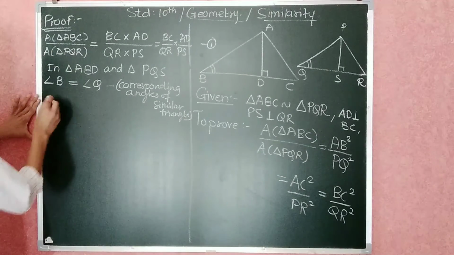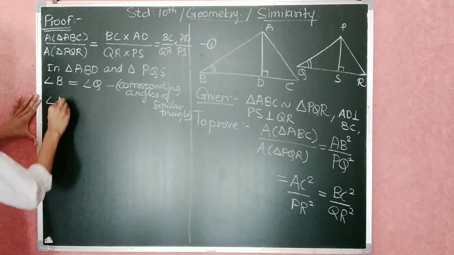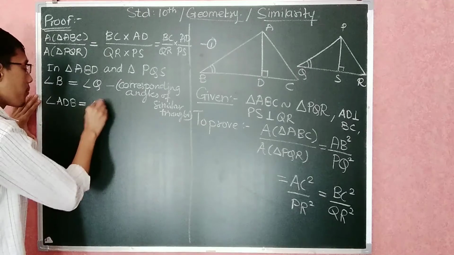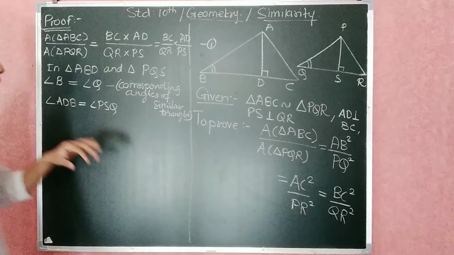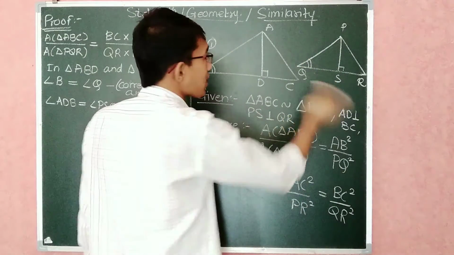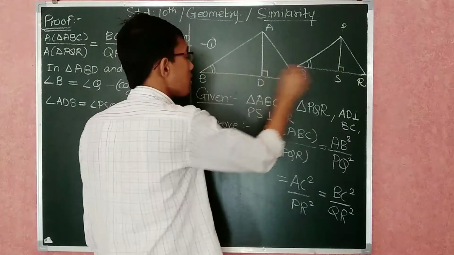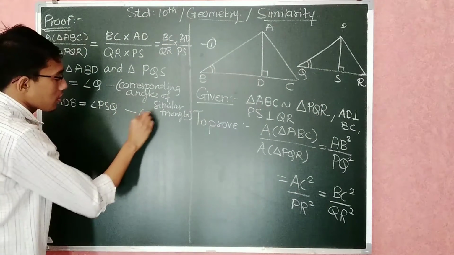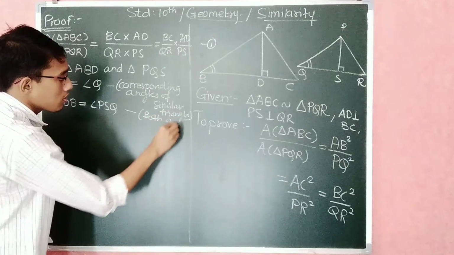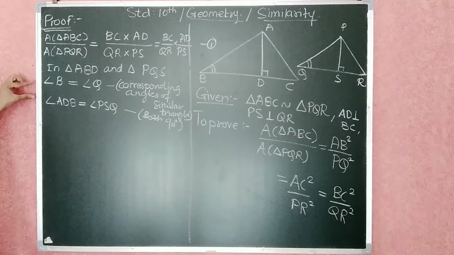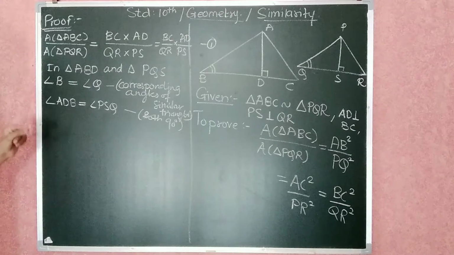Again I can write angle ADB is equal to angle PSQ. What is the reason? Both the angles are 90 degrees. So we can write both 90 degree angles. Okay, so as two pairs of corresponding angles are equal, that is congruent, so we can state that